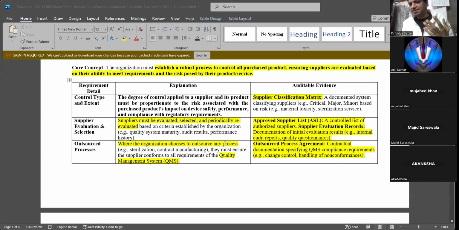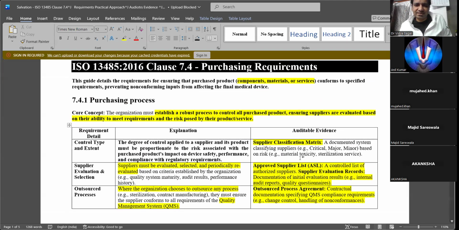Do they have accreditations like NABL? If you go for animal studies or biocompatibility, do they have certifications like CPCSEA, AAALAC, or are they CDSCO certified, what we call MDR certified? So you need to look and you need to have a plan. In the general requirements, that is what it says.